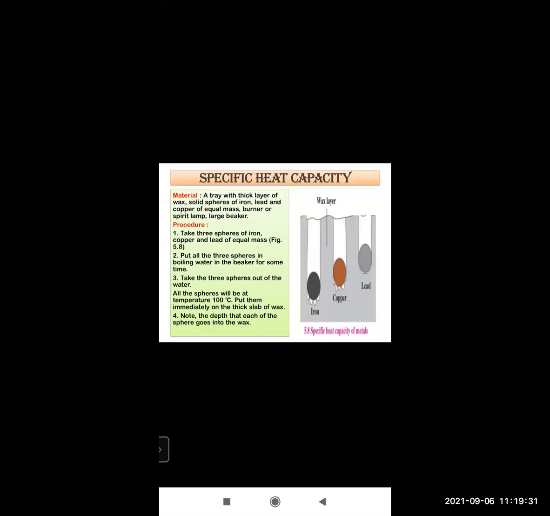So first, what we have done: we have taken three spheres of iron, copper, and lead of equal masses. Put all three spheres in boiling water and heat them up to a temperature of 100 degrees Celsius. We remove them from the water and put them on the tray of wax. Now after putting them on the wax, what we will observe is that the sphere which absorbs more heat